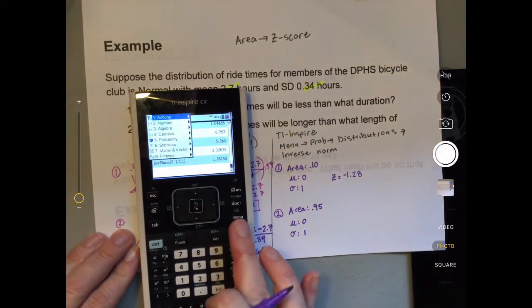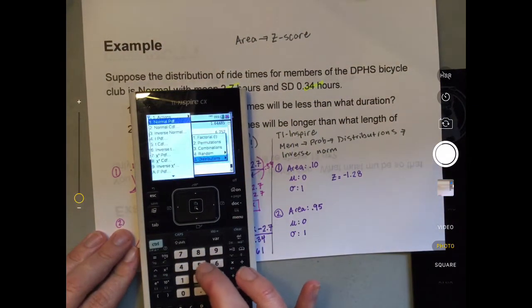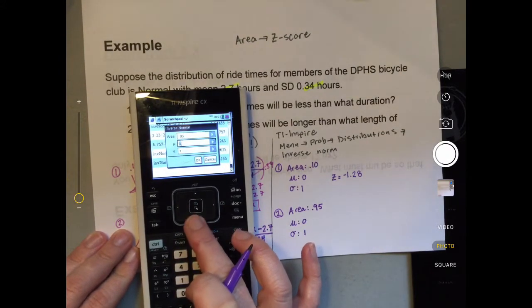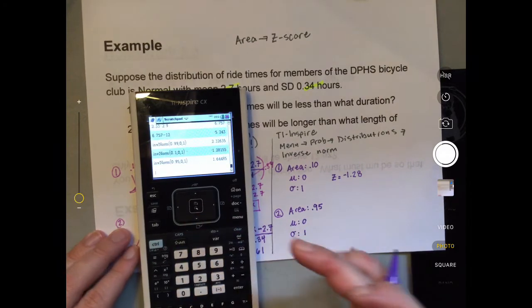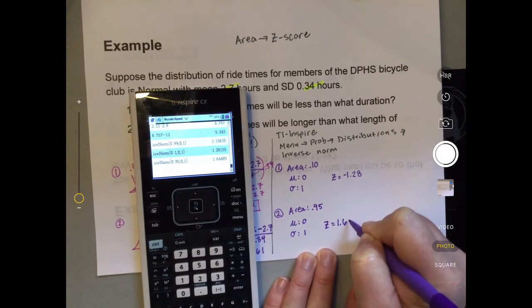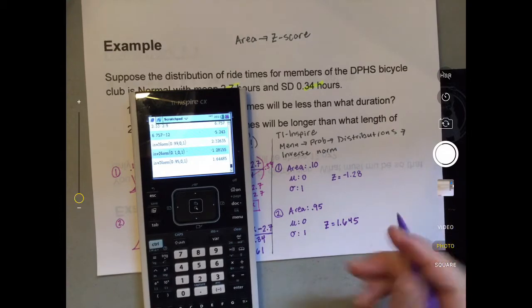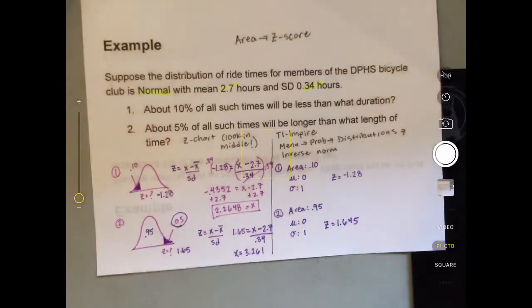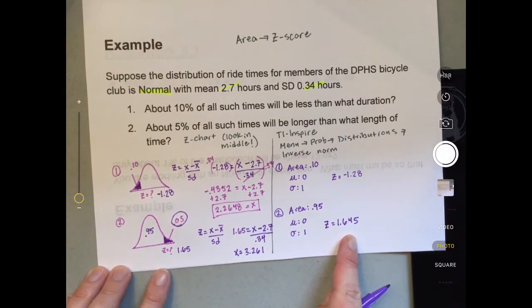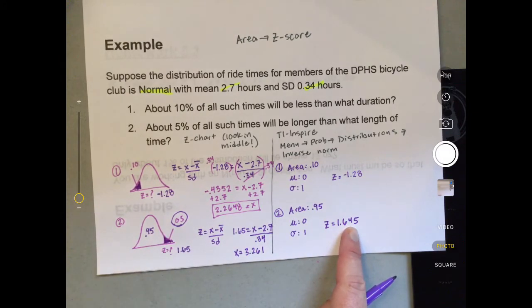Once we do that, let's do menu, probability, distributions, inverse normal. Area is 0.95. Mu stays as 0, sigma stays as 1. We press OK. Okay, well, we get z equals 1.645. Very close to what we got from the chart. All right, so we had 1.65 here. Basically, we have the same thing here. Well, what would you do again? You would have to plug this value into your z-score formula with mu and your standard deviation, and you would be able to solve for x. Okay,